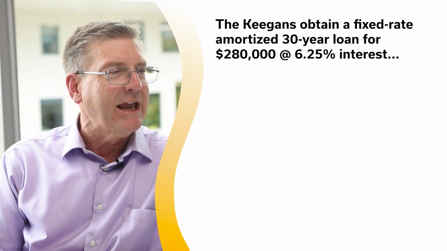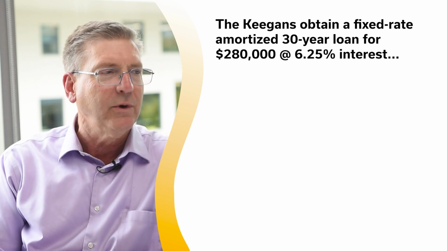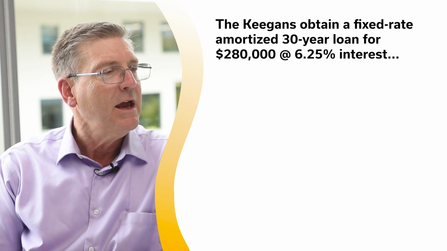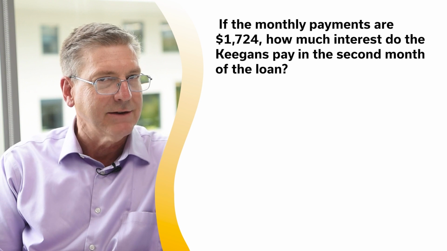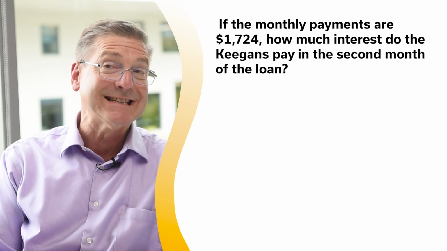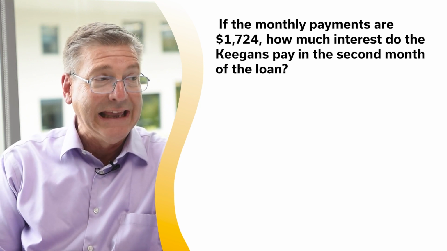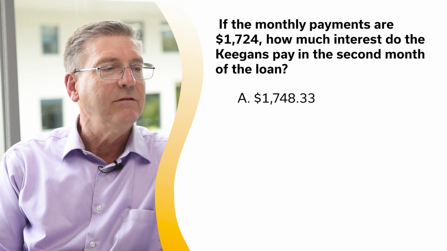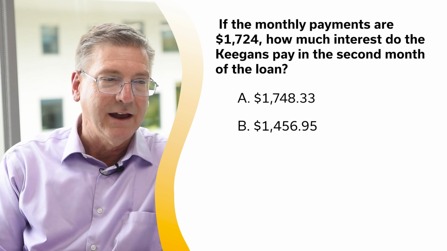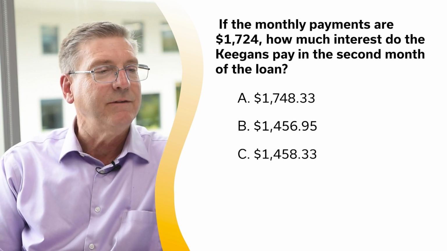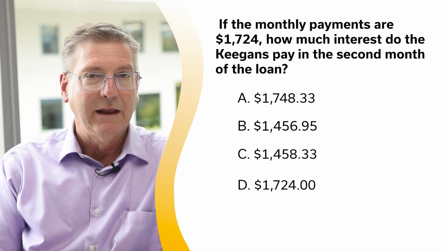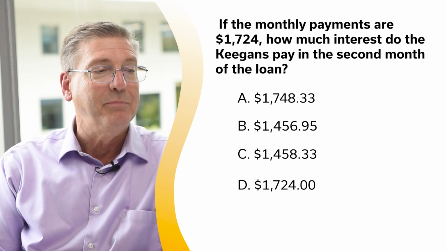The Keegans obtained a fixed rate amortized 30-year loan for $280,000 at 6.25% interest. If the monthly payments are $1,724, how much interest do the Keegans pay in the second month of the loan? Is it A, $1,748.33, B, $1,456.95, C, $1,458.33, or D, $1,724? The correct answer is B,